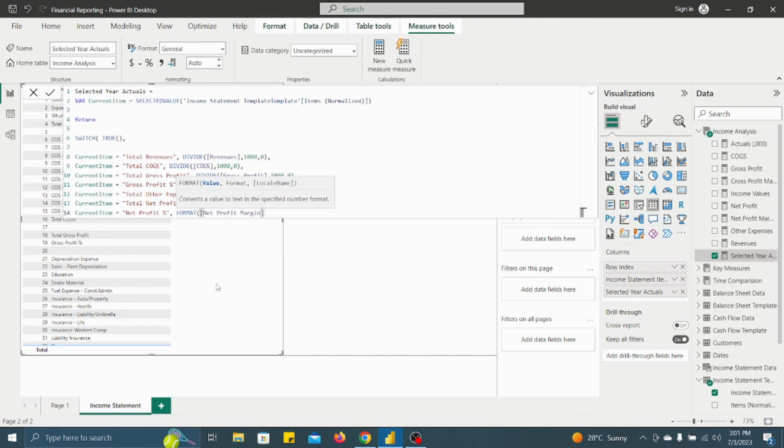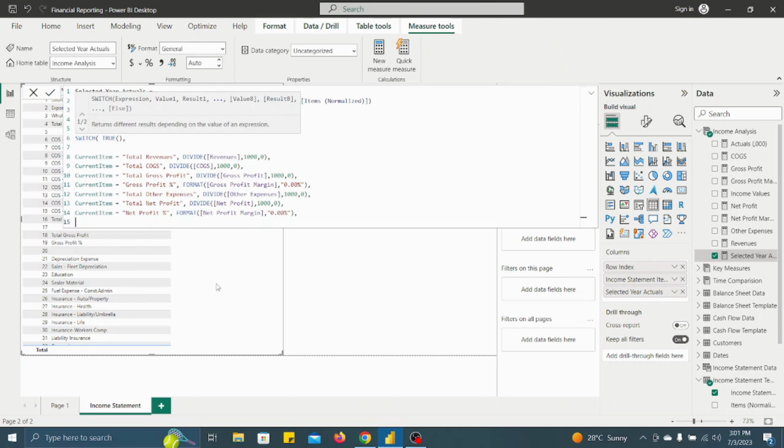Net profit margin, comma, what should be the format? It should be 0.00 percentage, like this. Bracket close and comma. Now the next thing which we have to do here is